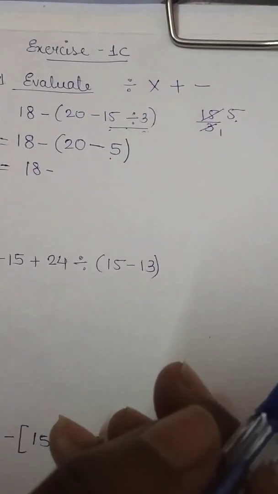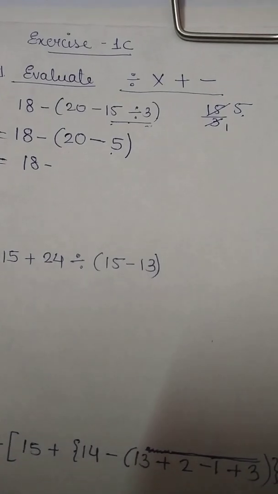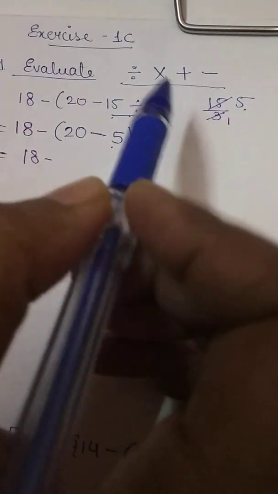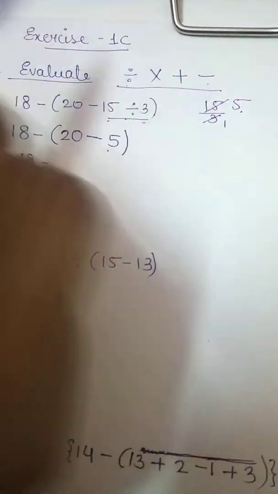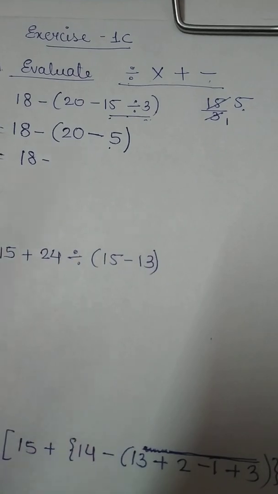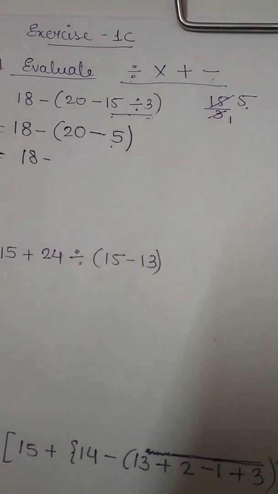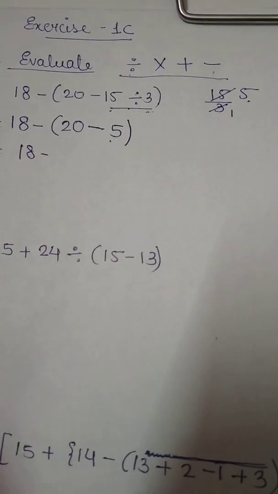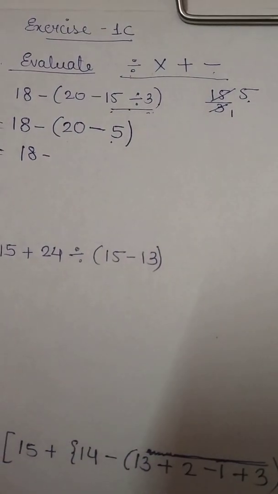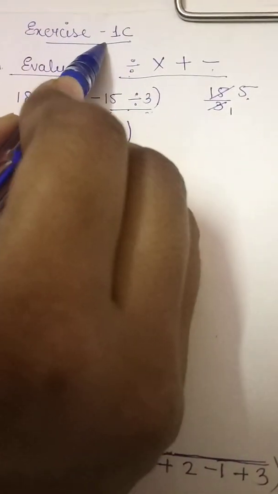Before that, let me remind you, we have already done the rules of BODMAS and also the complex expressions where we use different types of brackets. According to BODMAS, division, multiplication, addition and then subtraction comes. The different types of brackets are the bar bracket, vinculum, small curly bracket, and big square bracket. We have already done these in section 2, part 2. According to that, we are going to solve the sums of exercise 1C.